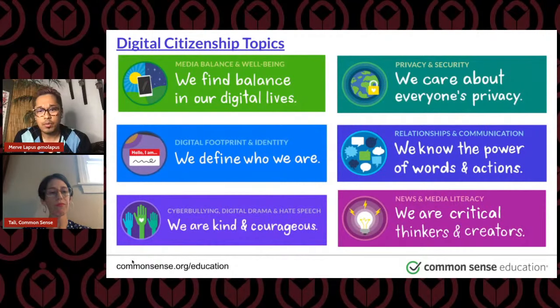And I think this ties really well into when Tanya was mentioning, when you start your classroom and you're going to set the norms as a group, what do you stand for? What are the norms? What are the rules? What are the opportunities in your classroom? That's the reason why you see them framed this way. Whatever course or subject matter you're teaching, if you want to build a classroom where kids can actively define who they are, really understand the power of their words and their actions, and really care about their privacy, there is something for you here, right?